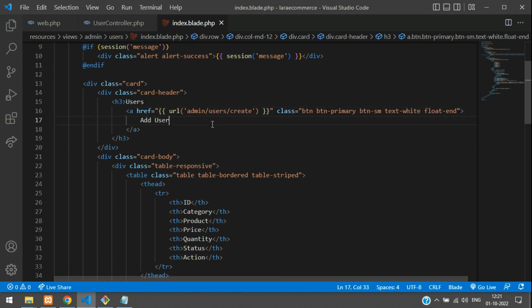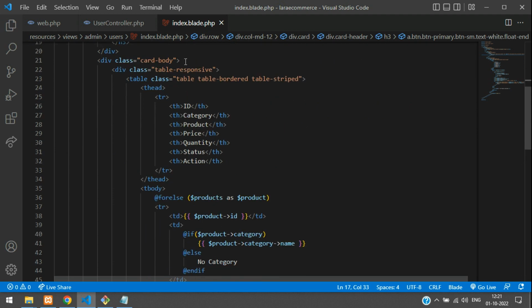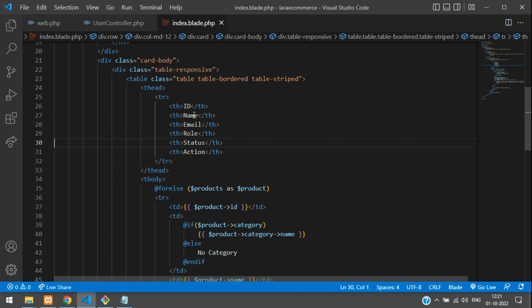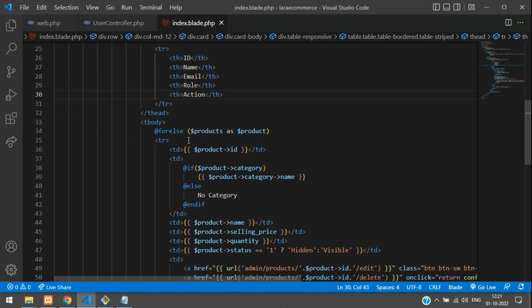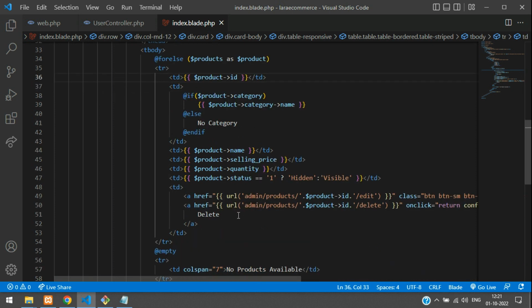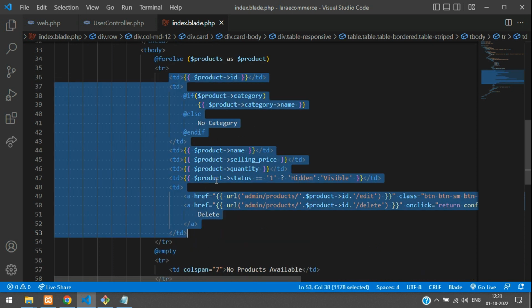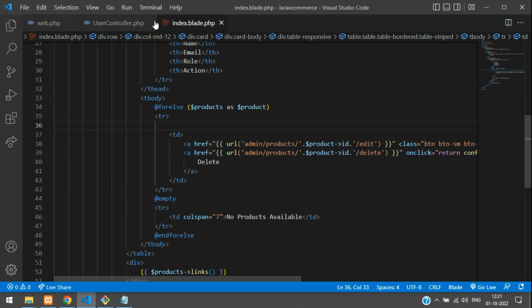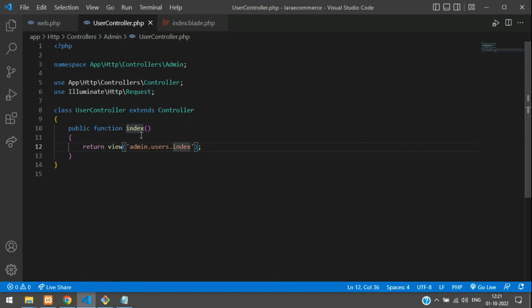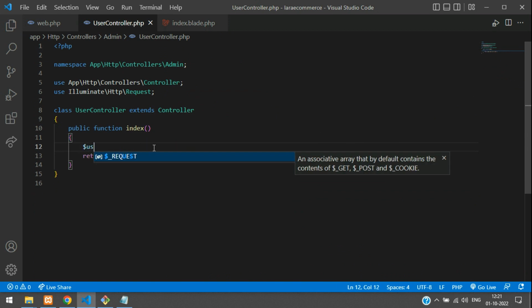Simple, guys. Now let's go inside the card body, and here we are going to show ID, then the name, email and role. And then guys, we don't require these two things and one action button. Done. Now we can loop this data here. Let me remove everything which we don't require here. Okay, let's remove. Now first step, get back to your user controller and create a variable called users